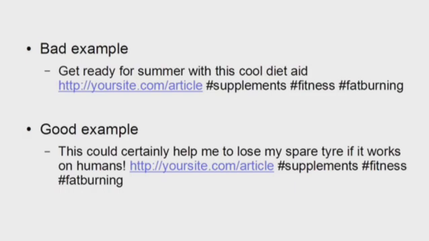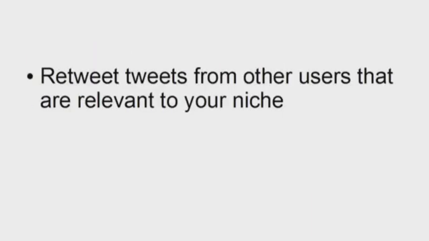Well, that invokes people's curiosity. People are going to think, if what works on humans? And they might be more inclined to click the article link just out of curiosity, and then they can read the article, and it should be an informative article, not a sales page, and then they may well buy the affiliate product. Another way to get traffic is to retweet tweets from other users that are relevant to your niche,